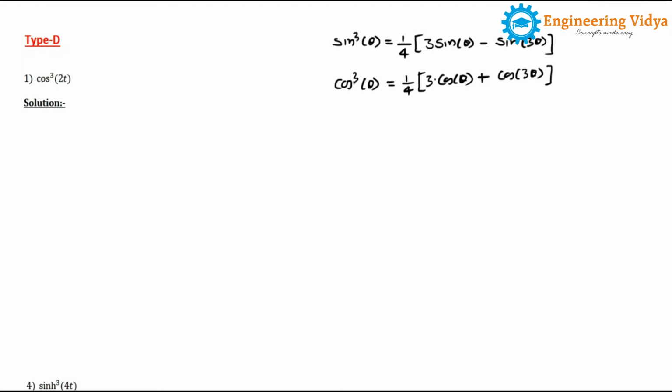Whenever in a problem they give sine cube theta or cos cube theta or sine hyperbolic cube theta or cos hyperbolic cube theta, always go for the 1/3 angle formula, because with the 1/3 angle formula you can remove the cube sign, right? You can remove the power of 3. Here we have the power of 3 on the left hand side, but on the right hand side the trigonometric functions do not have a power. Sine of theta is there, and sine 3 theta is there, so the power of 3 has been removed.